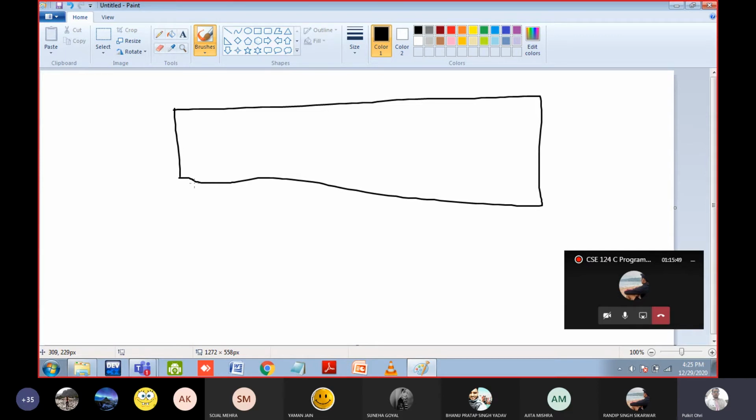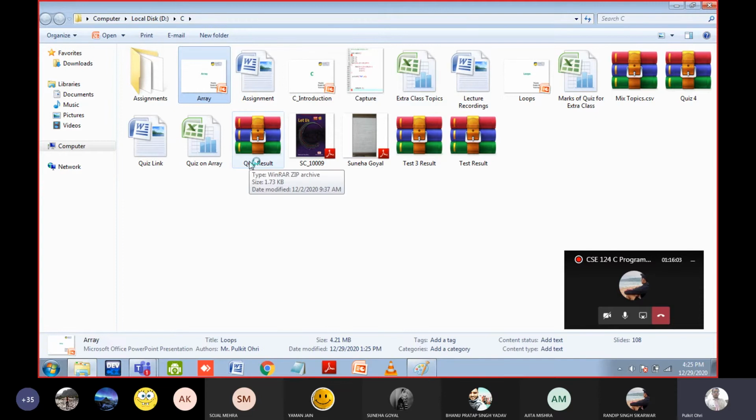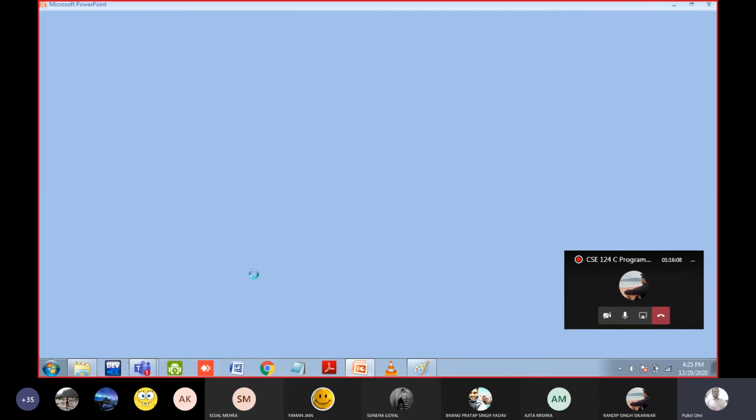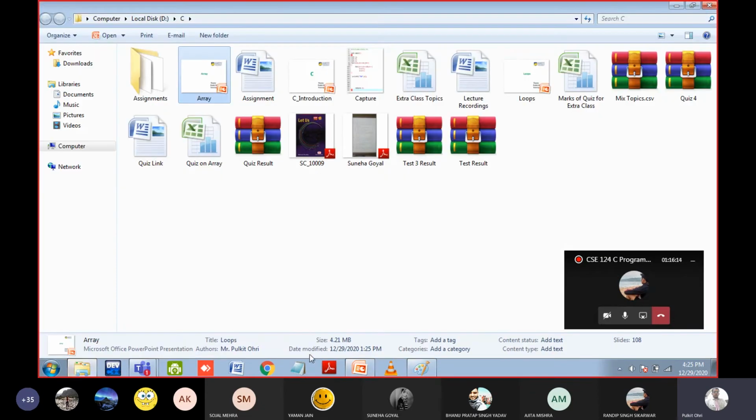Can anyone tell me a palindromic word whose length is even? Pop is also odd. So noon. Say it again. Noon. Okay. Yes, it is correct. N-O-O-N. It will work.